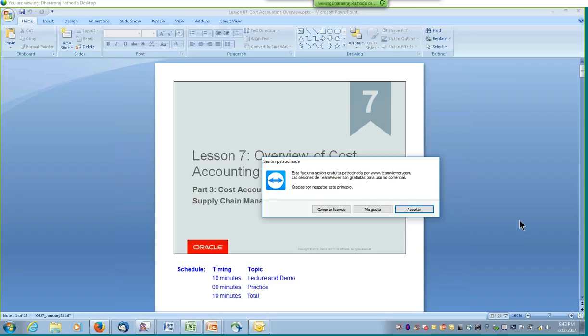In one BU, if I have multiple inventory organizations, then do I need to create an equal number of cost organizations? My recommendation is don't do it. Ideally, you would have one BU and multiple inventory organizations within that BU, and you could create one cost organization and associate all those inventory organizations to that cost organization, so that you can use it to cost and account all the transactions